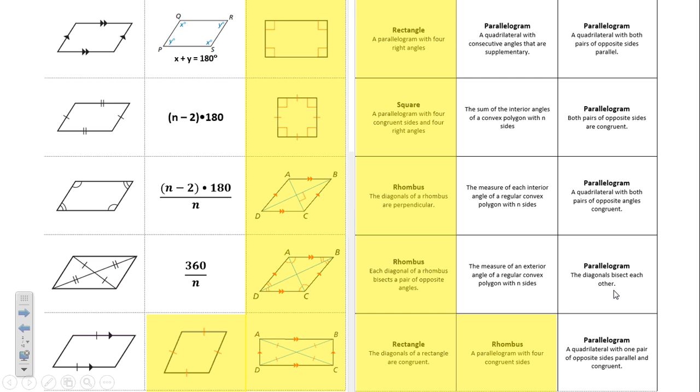The next one showed arrows and tick marks here. What did that mean? Parallel and equal. One pair of sides is parallel and equal. That's enough to make it a parallelogram. And then we talked about